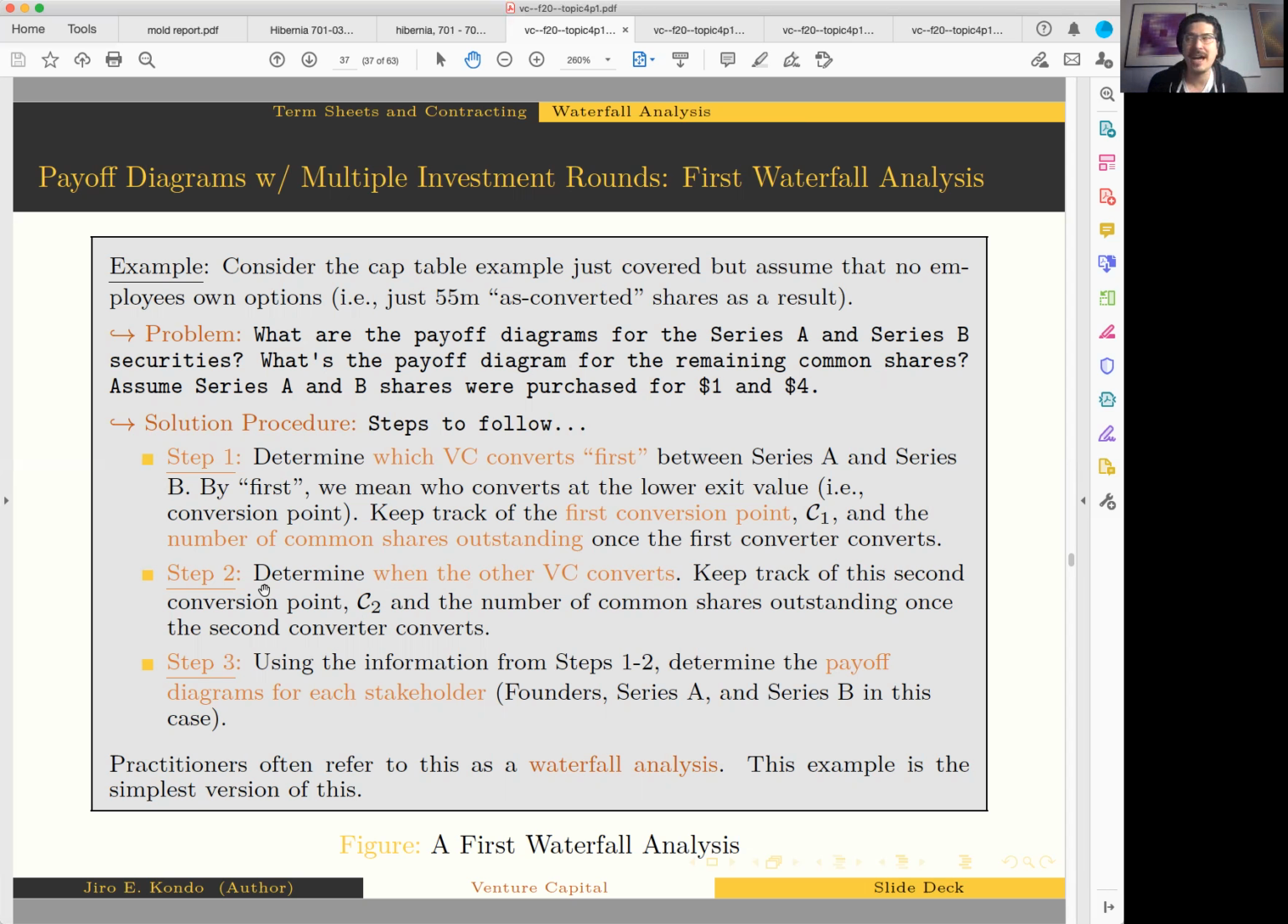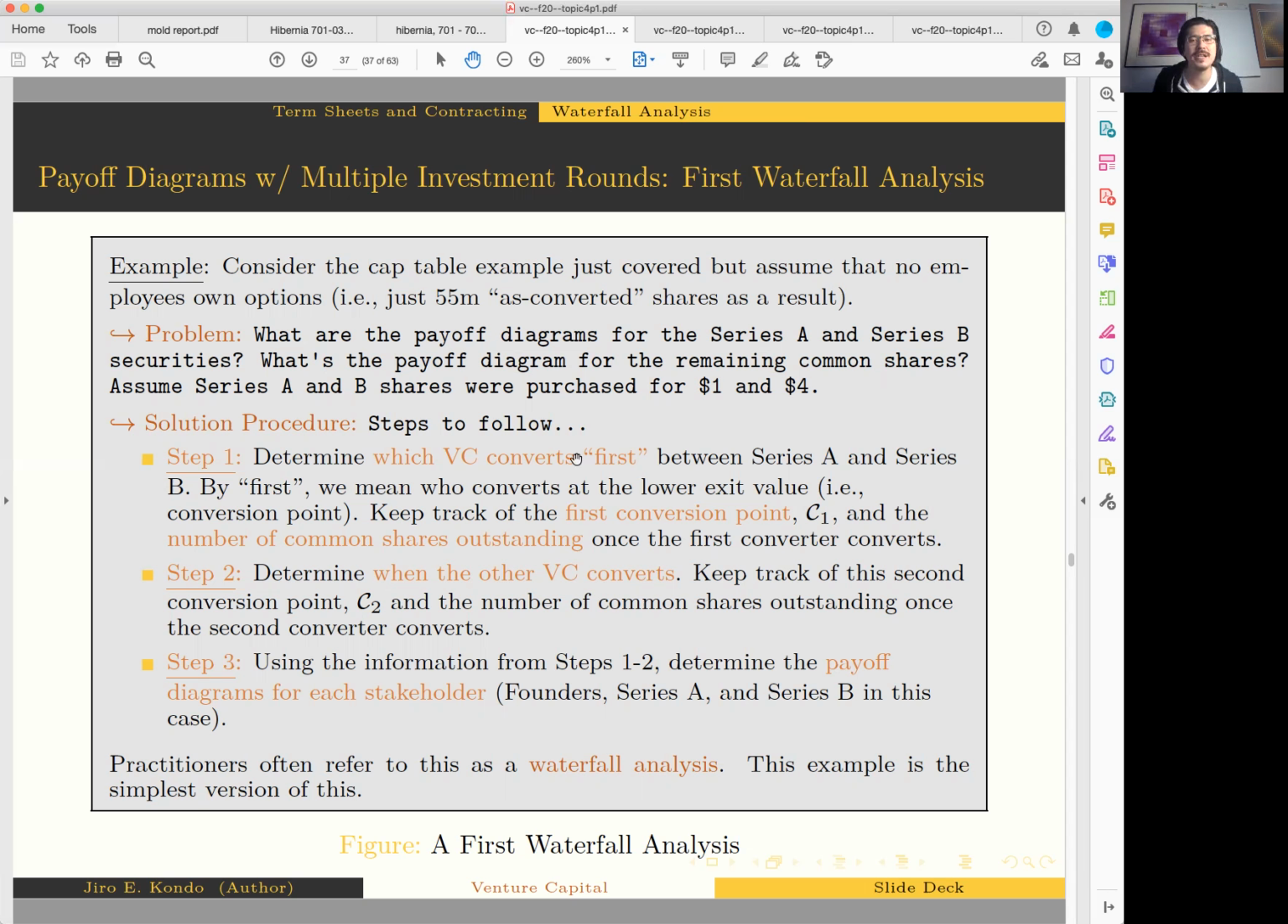So we want to find out which of the two VCs, Series A or Series B, converts first. When I say first, I'm putting this in quotation marks. First doesn't mean first in time. It means who converts at a lower exit value,